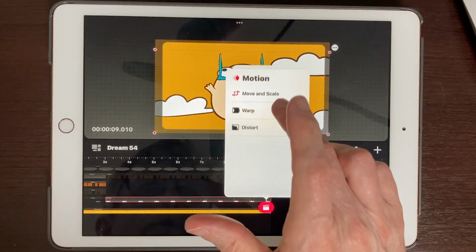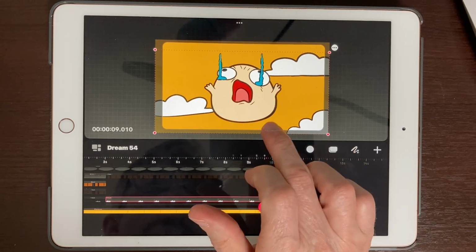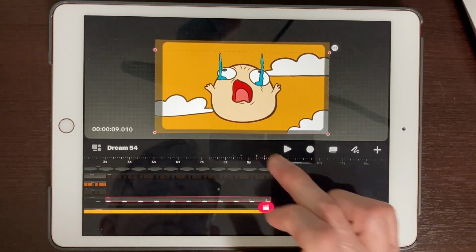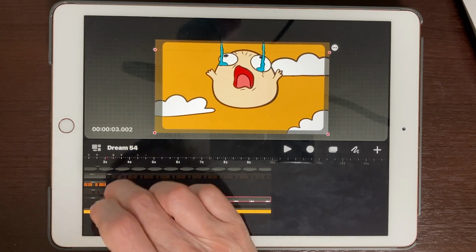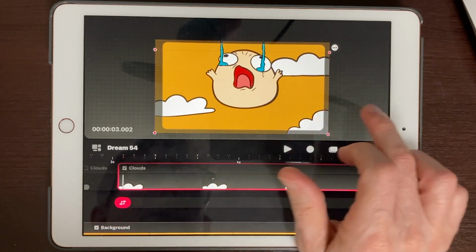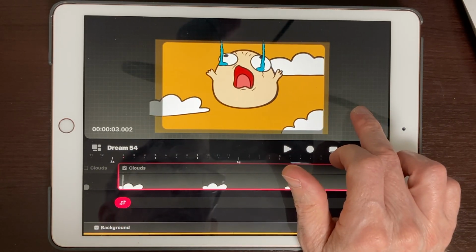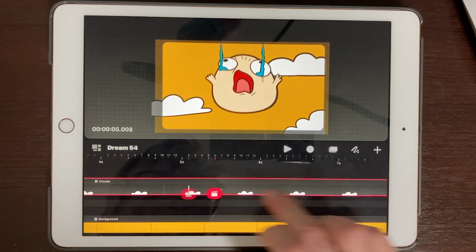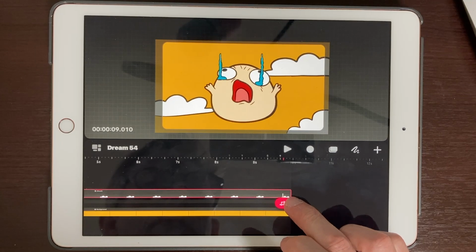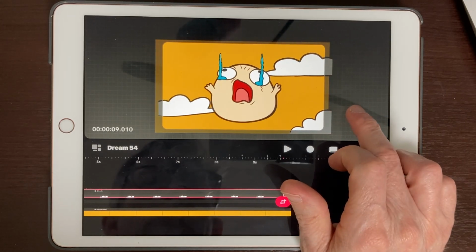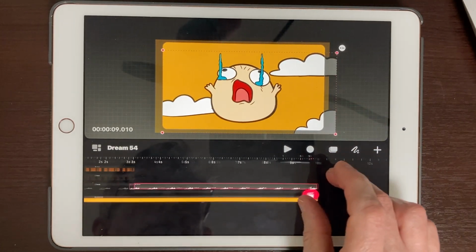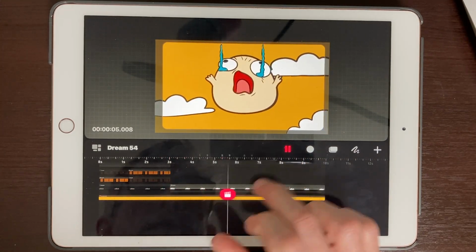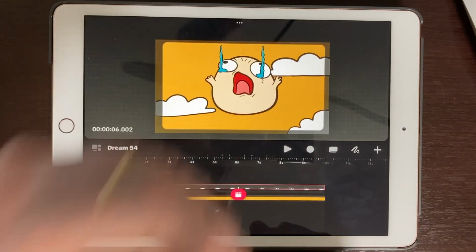So we're going to hit move, move and scale. We don't have a lot to work with, so that didn't work. Let's start that first keyframe, and I want these clouds to be right over there where they're still on the screen. And then the last one, we're going to have it right here. We're going to have them move that way, only a little bit, not much. So here we go. So we've got two kinds of movements at the same time, which gives it a really